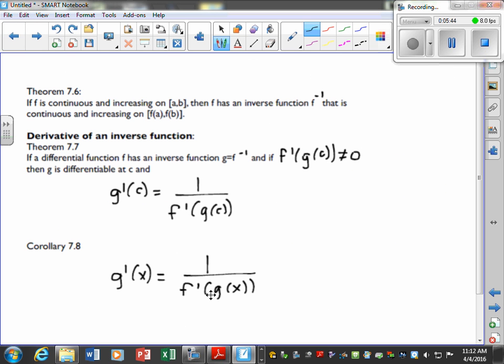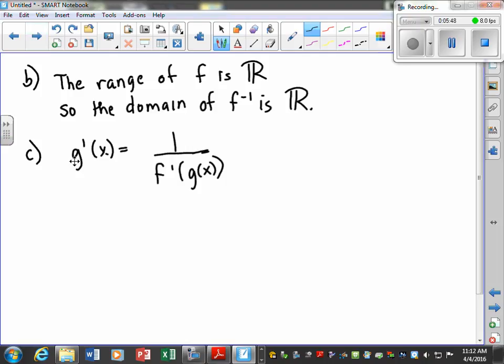Okay, that was given down here. That was our corollary 7.8. Now, let's make this a little bit more familiar to us. So if g is equal to the f inverse, okay, we let g be our f inverse, then